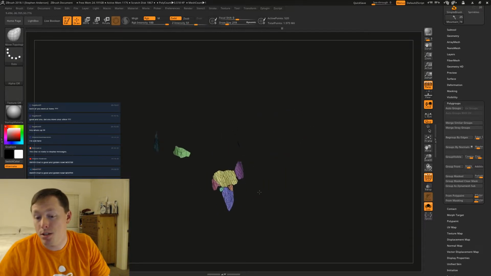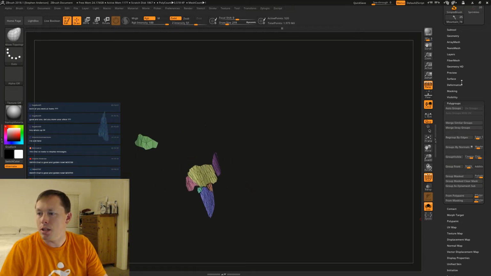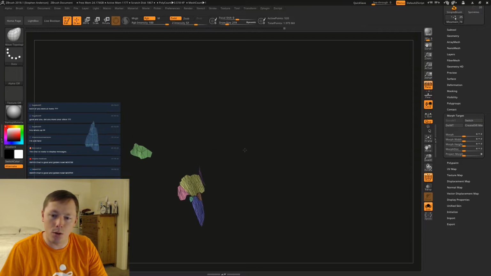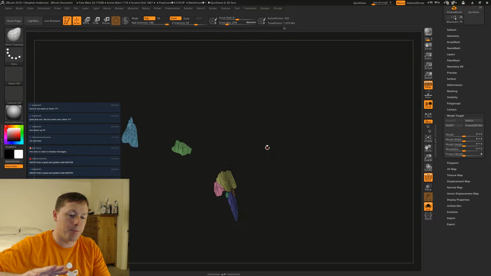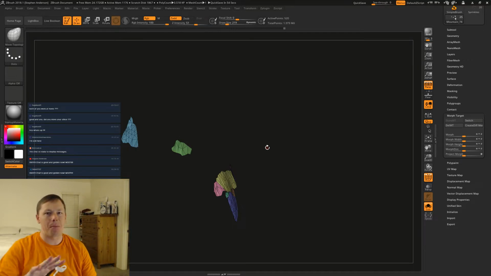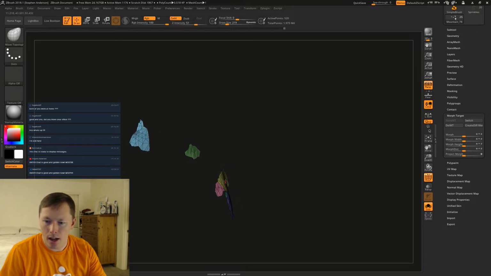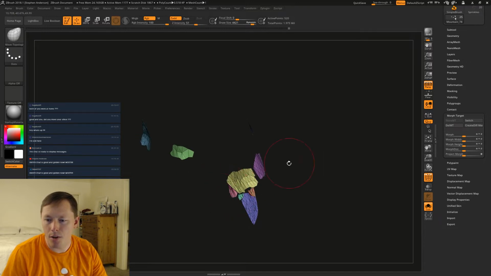Okay, so we got all these pieces. And like I said, we want to create the difference mesh. What this does is use your morph target. So I'm going to say store morph target. It'll use whatever you do to this mesh to be able to create depth to your object. So you can do all sorts of things with this. You can say, I just want to move that in, I just want to move that in, however you want to do this.